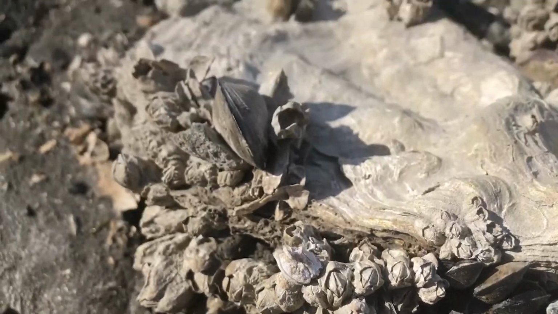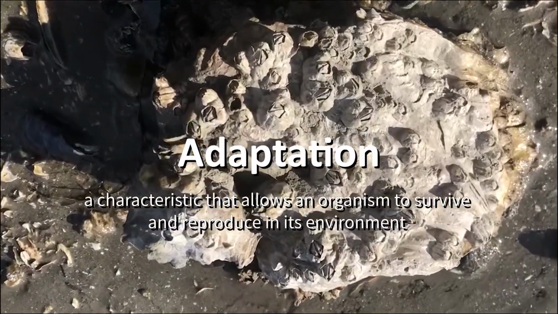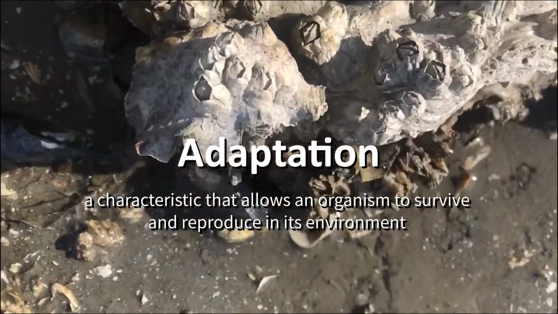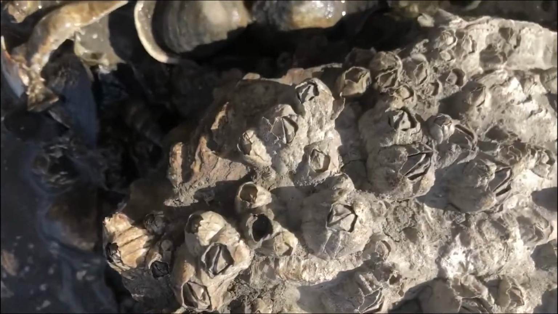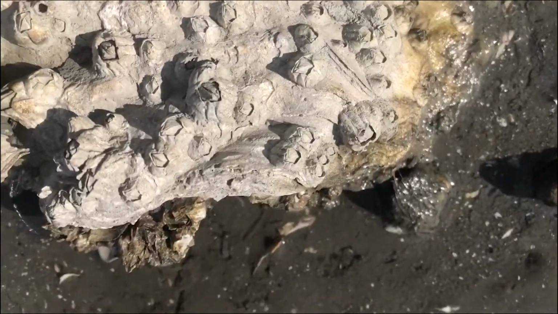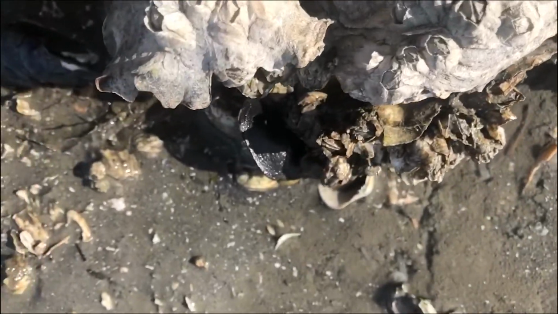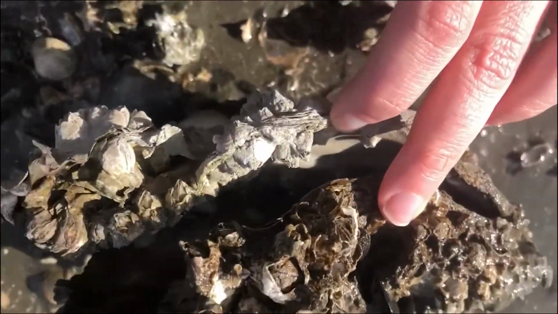What is an adaptation? Organisms adapt or change over time. One small change or mutation in an individual organism, perhaps a color or size change, for example, can be passed on to its offspring if it survives long enough to reproduce. If the individuals with this trait continue to survive and reproduce, the trait can be passed on to each subsequent